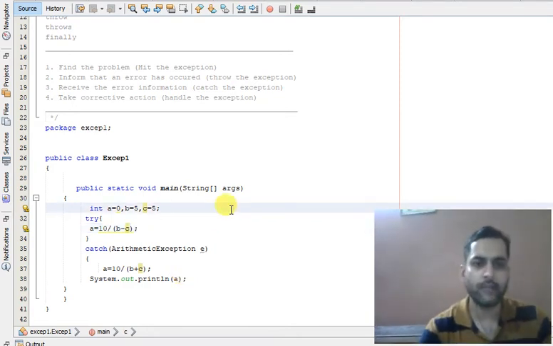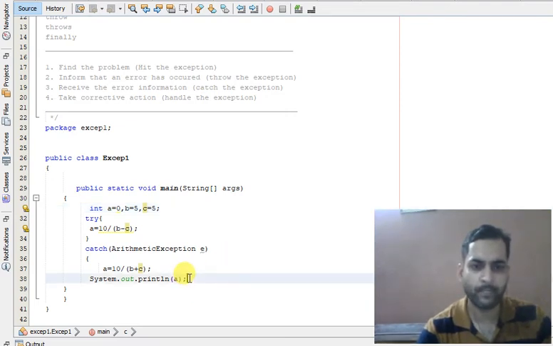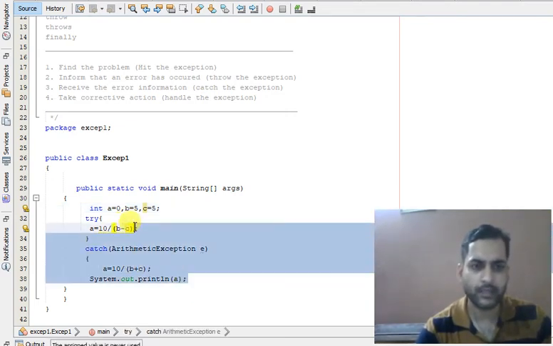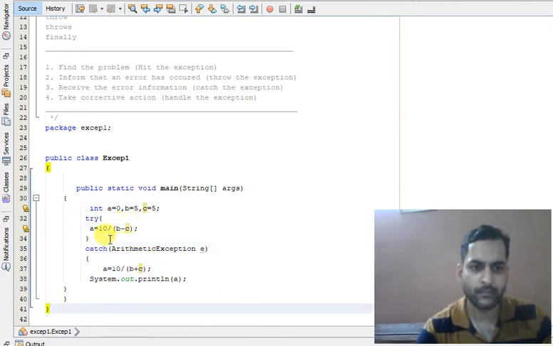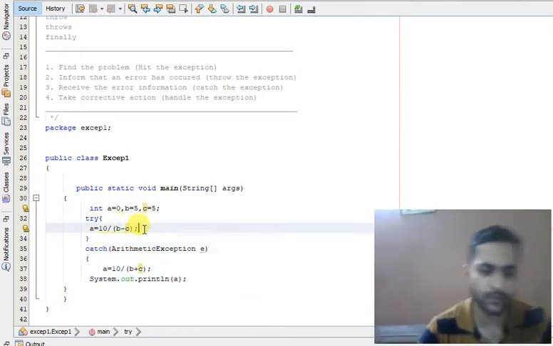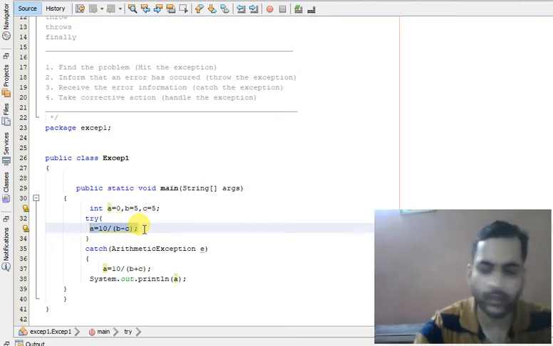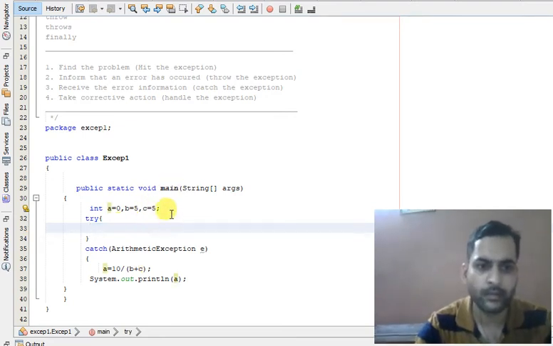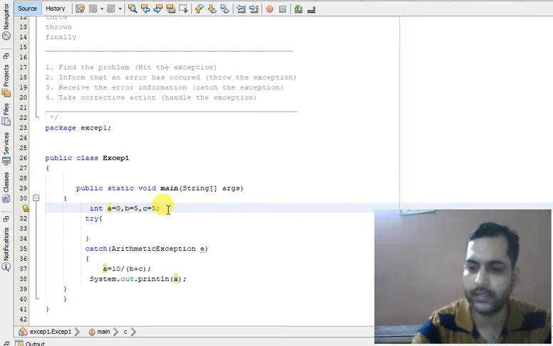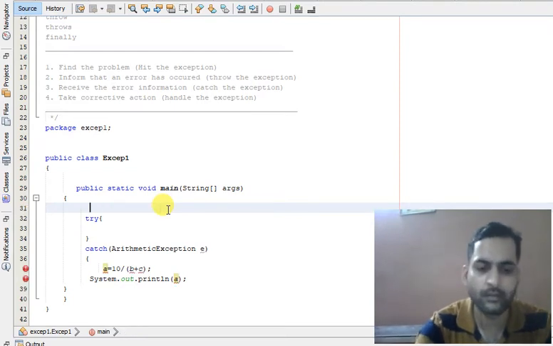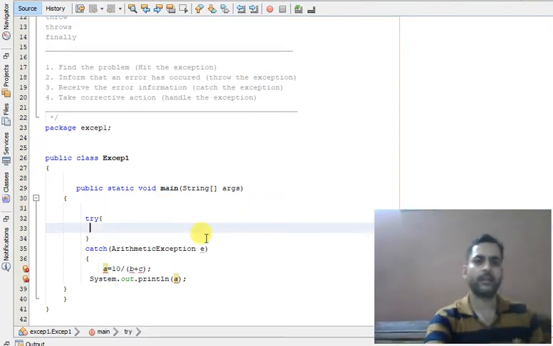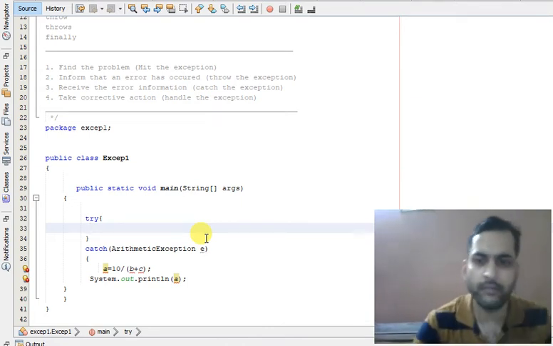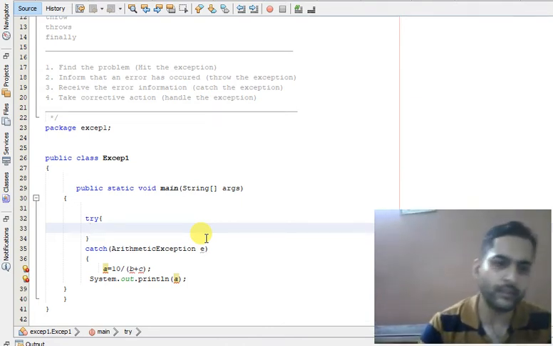Okay, now let us try one more example, named NumberFormatException. What we are going to do is read the command line arguments and try to convert all the arguments into integer values.